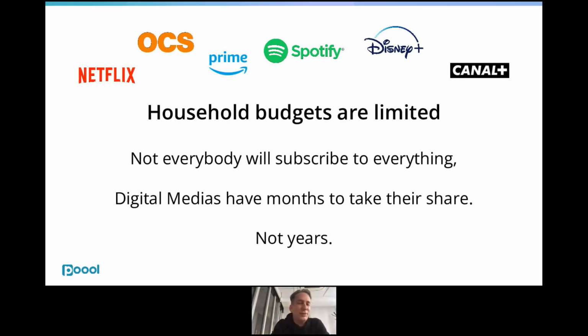Last year, a lot of publishers have been seeing their circulation revenue, subscription revenue growing, of course. But at the same time, households have been subscribing to other things, music, video, and they add pile and pile and pile of subscriptions. And they now look at rationalizing this decision. And it's hard to convince them to throw yet another €3, €9, €15 for another offer. We're competing for attention and share of wallet. And yes, it's good because digital media now are looking at this and thinking, all right, I need to go into this, but it's time to move now, not years.